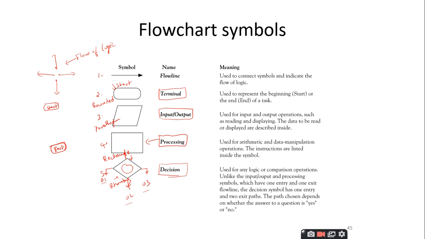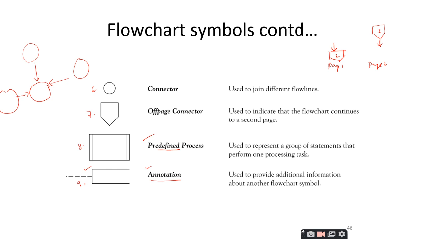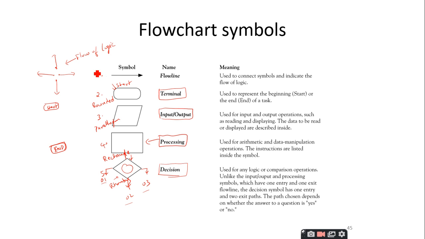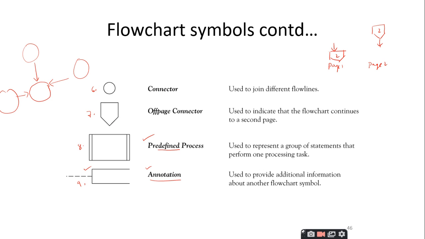So we have discussed these 9 symbols, and there are more symbols in flowcharts also, but we will be most frequently using these types of symbols only. And out of these 9 symbols also, most frequently you will be using the flow line, the terminal, input, output, processing and decision. These 5 symbols are very important. And symbols 6, 7, 8, 9 represent the additional symbols. They are supplementary symbols. They give additional information and additional support to the already existing symbols.